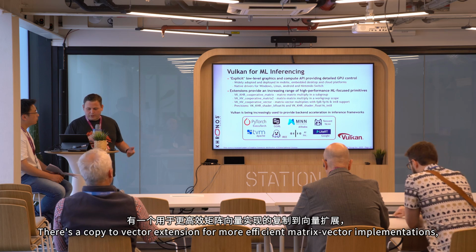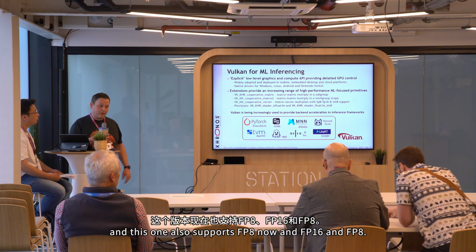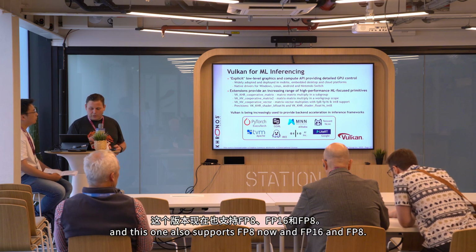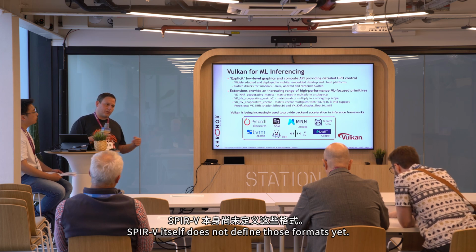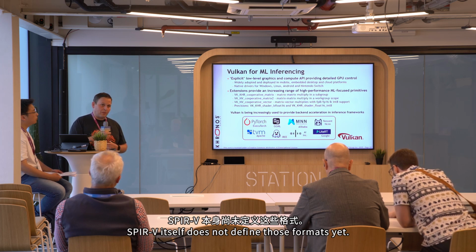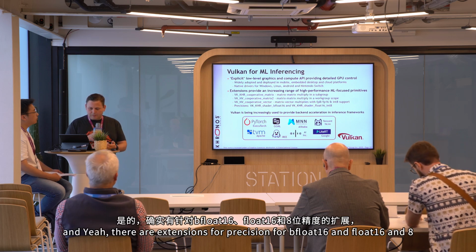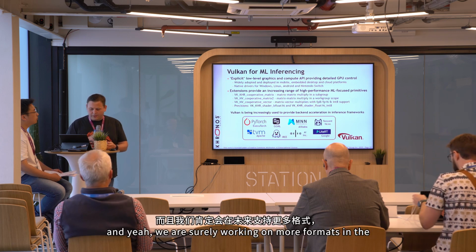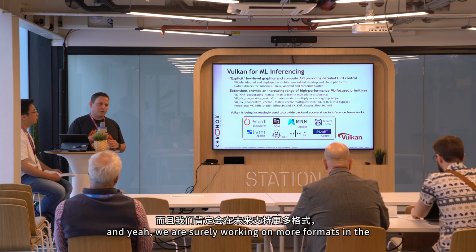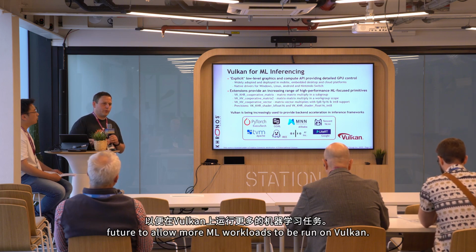There's a cooperative vector extension for more efficient matrix vector implementations, and this one also supports FP8 and FP16 now. SPIR-V itself does not define those formats yet. And there are extensions for precision for bfloat16 and float16 and 8. And we are surely working on more formats in the future to allow more ML workloads to be run